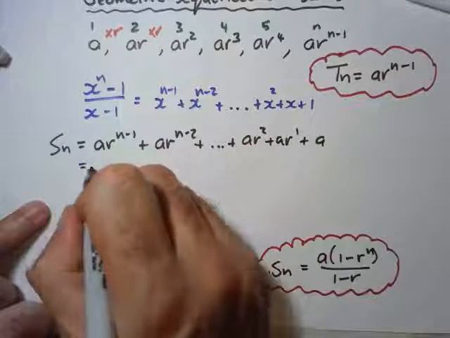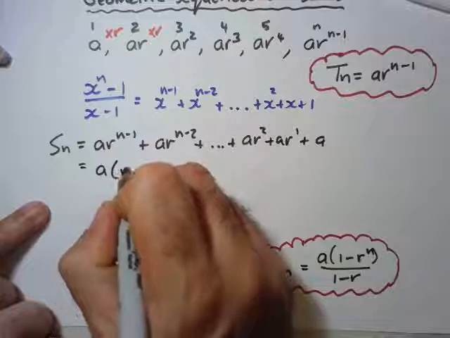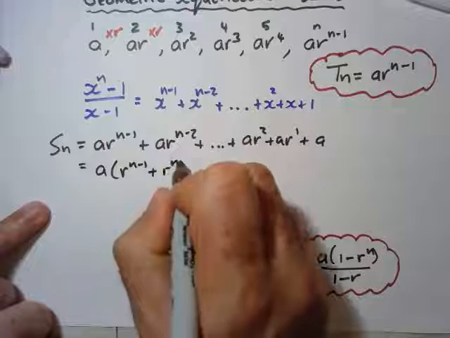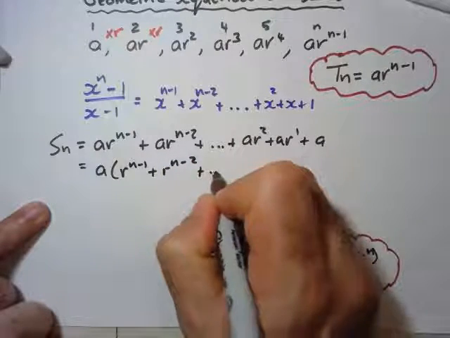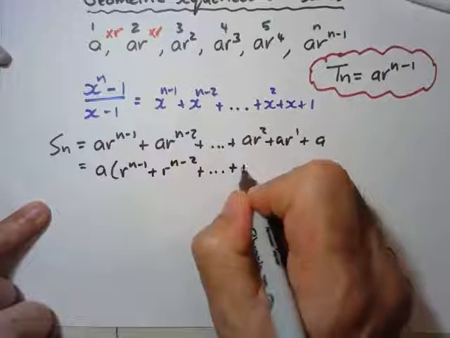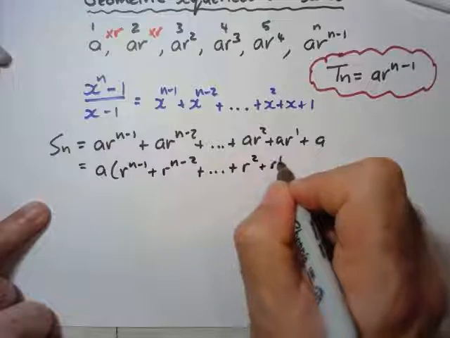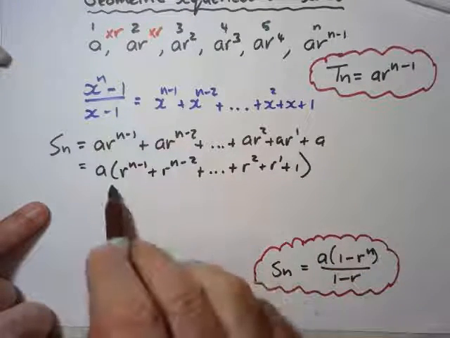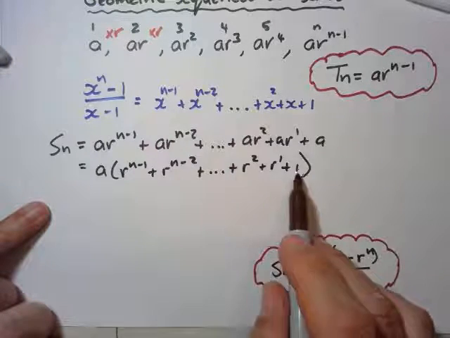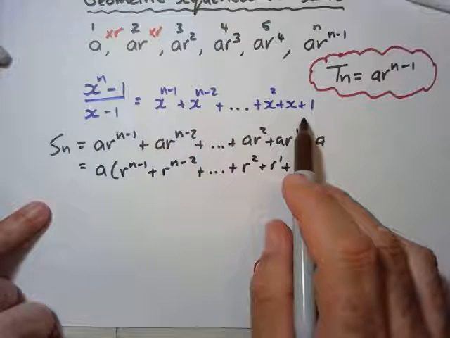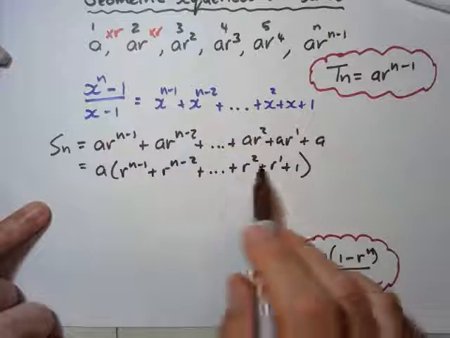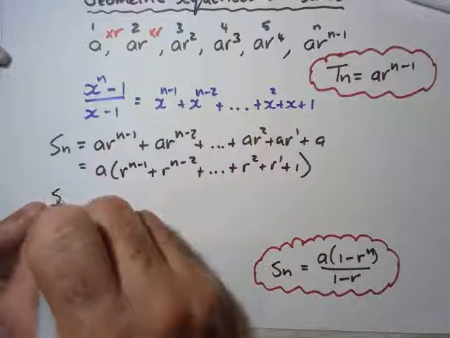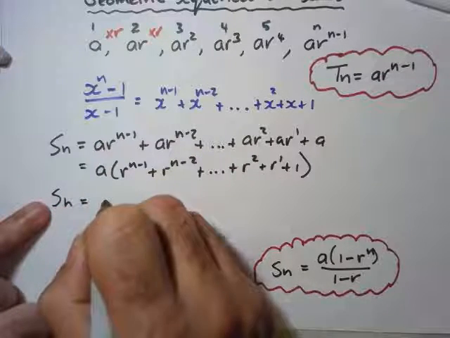I take out a as a common factor, and I'm left with r^(n-1) plus r^(n-2) plus, down to, r squared plus r plus 1. Now, can you see that this resembles that polynomial property? So I can say Sn equals a multiplied by